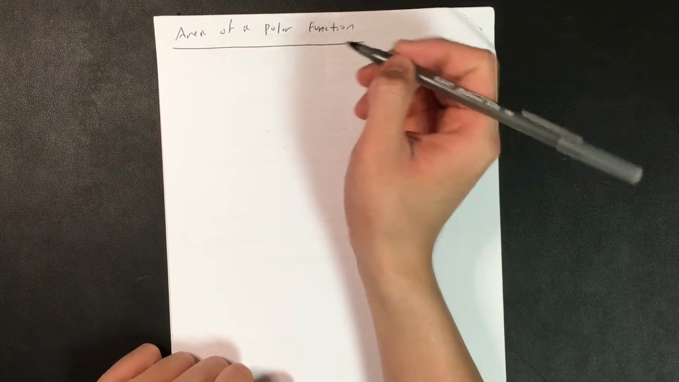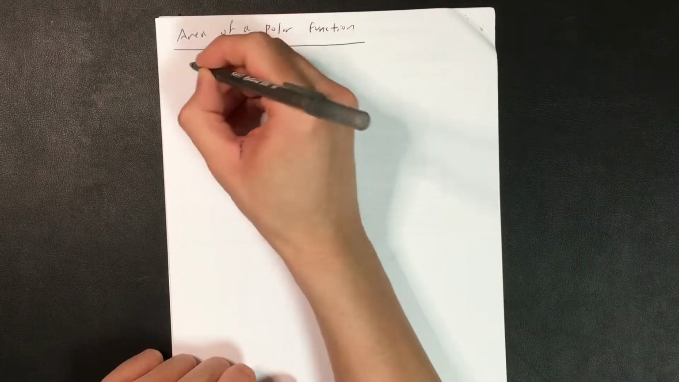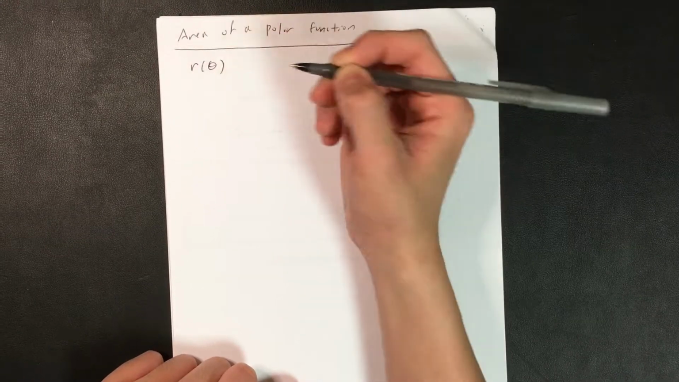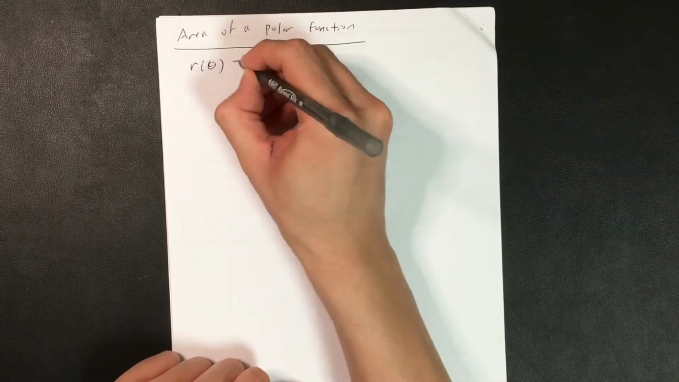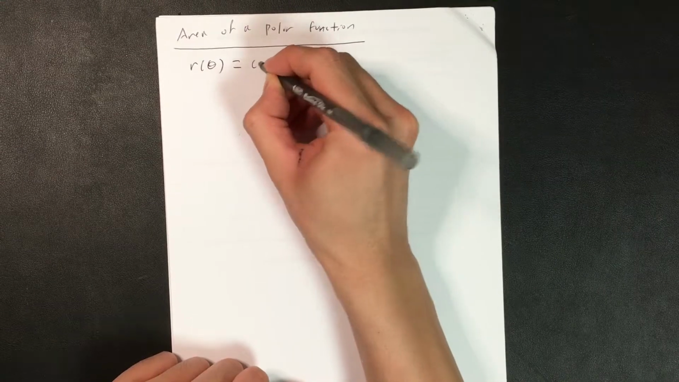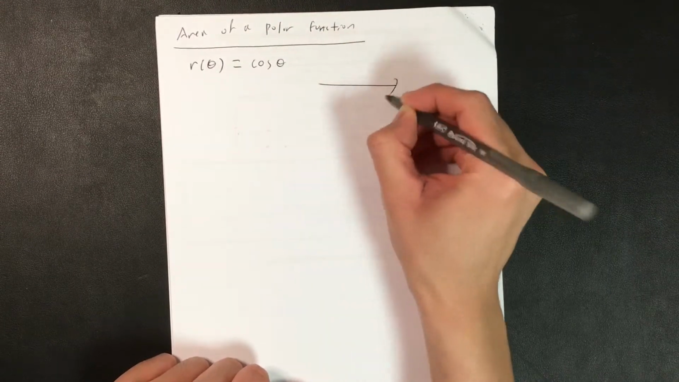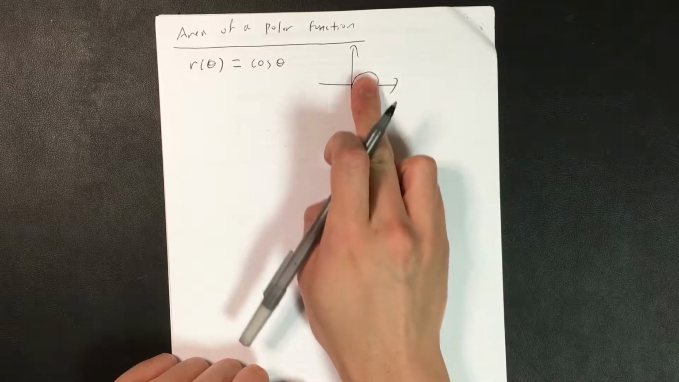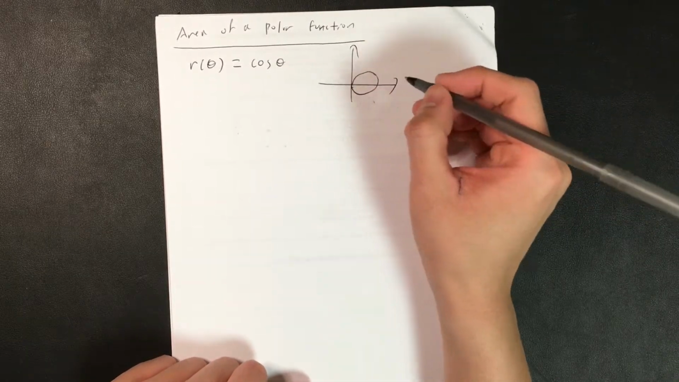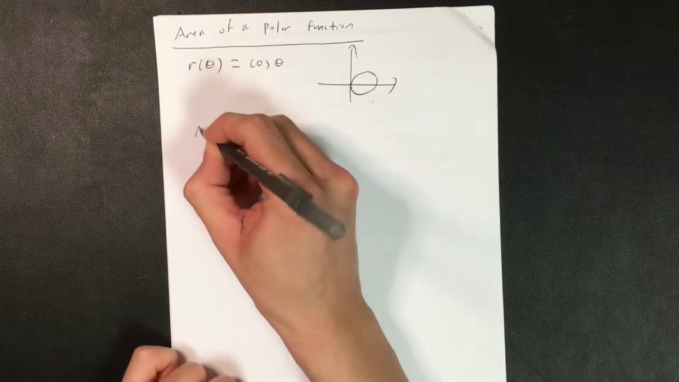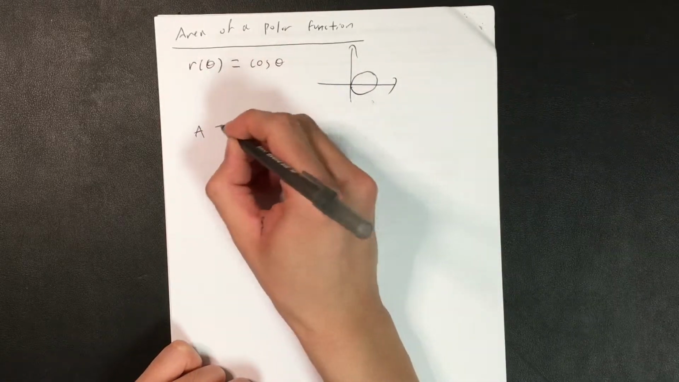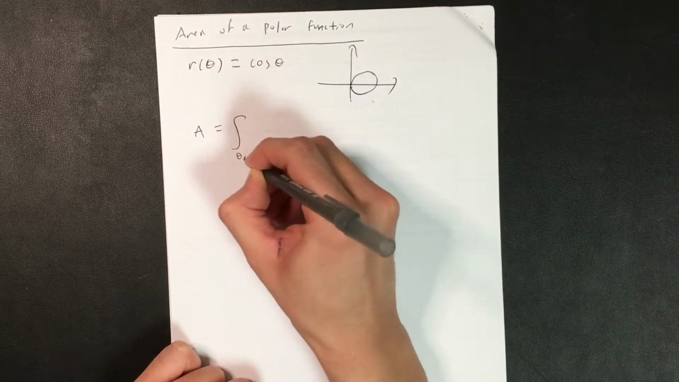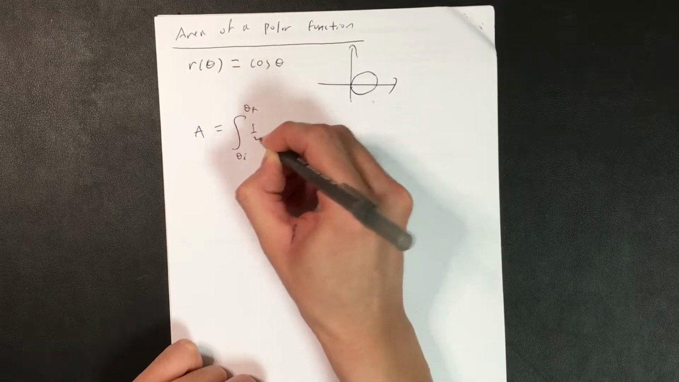So in pre-calculus, we've learned polar functions as a form of r of theta. For example, r of theta equals cosine theta looks something like this. It looks like a circle that has been shifted by the distance 0.5. Then the area of this polar curve equals the integral from theta initial to theta final of 1/2 r